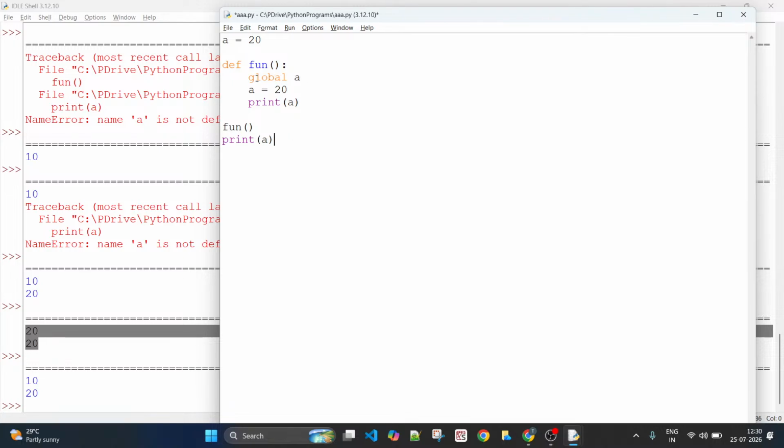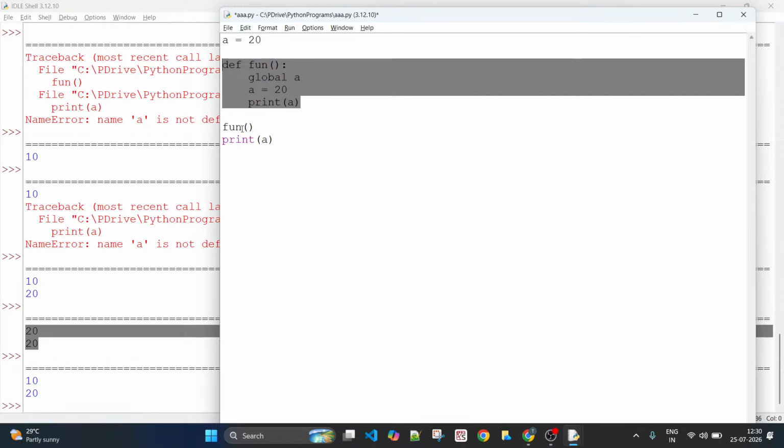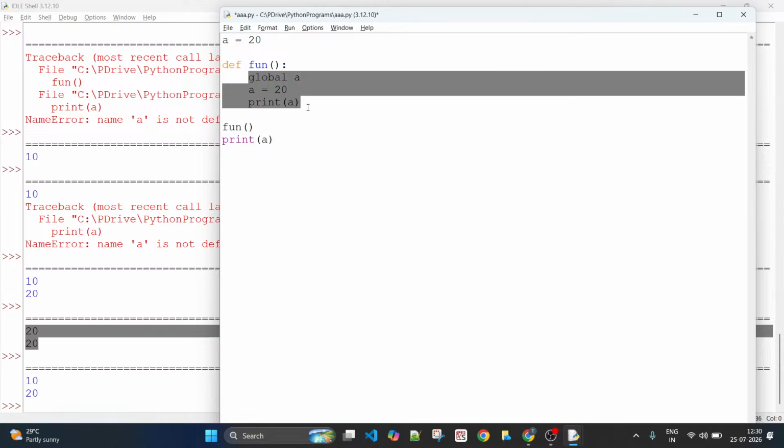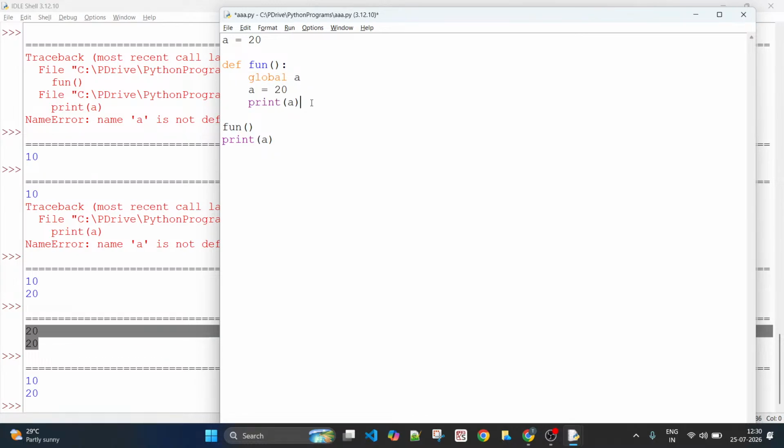So what happens now? There is a global variable a. You call a function. There is a function definition. You call that same function now. Here the statement says to refer to global variable a going forward within your scope. So this a is nothing but this a. You have changed the value. Oh, well, that is also 20. Let me change this for some difference. Yeah, this has a different value now. But remember, this global variable is what you are accessing from here. So now this value becomes 30.